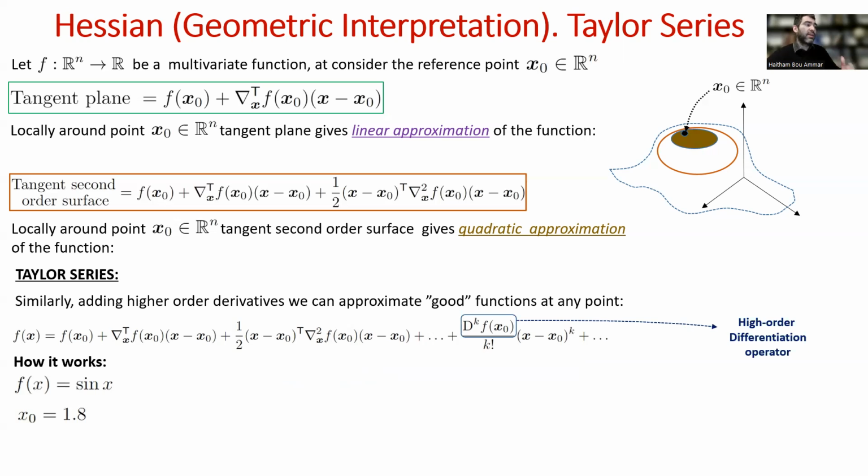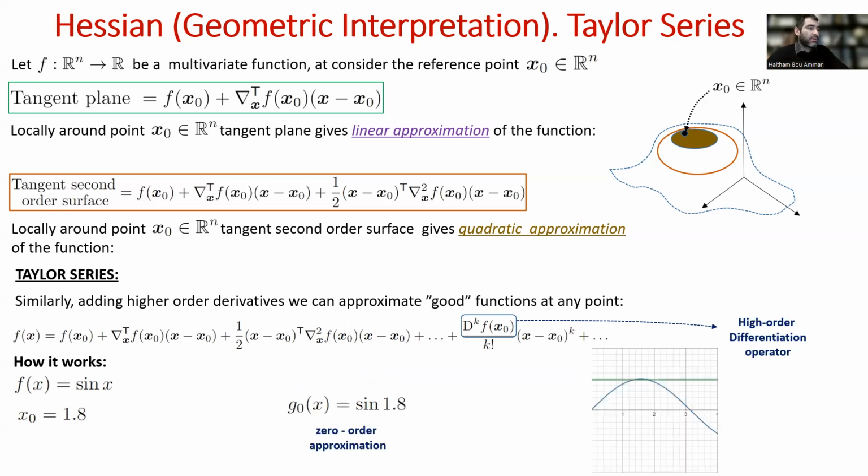Now, let us see a concrete example of how it works, for you to grasp the idea of this approximation and the quality of the approximation. Let us consider the very simple function sine of x, and let us assume that the point where we want to approximate that function is the point 1.8. Then g0 of x, which is just the value of that function at this point, is called the zero-order approximation. The zero-order approximation in this plot is this green line,